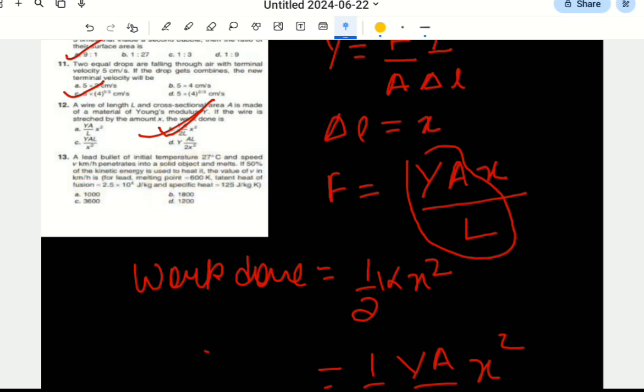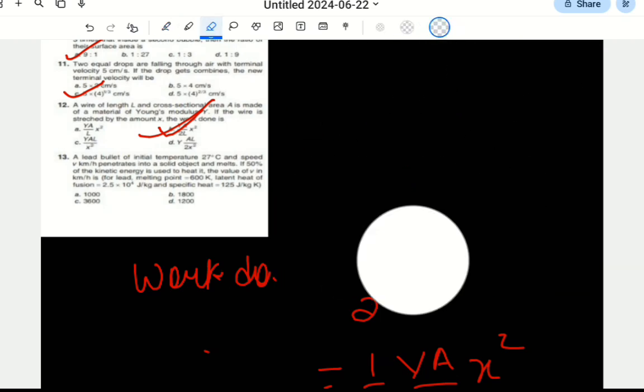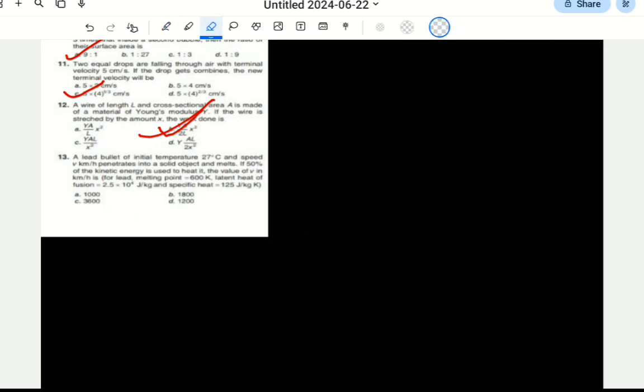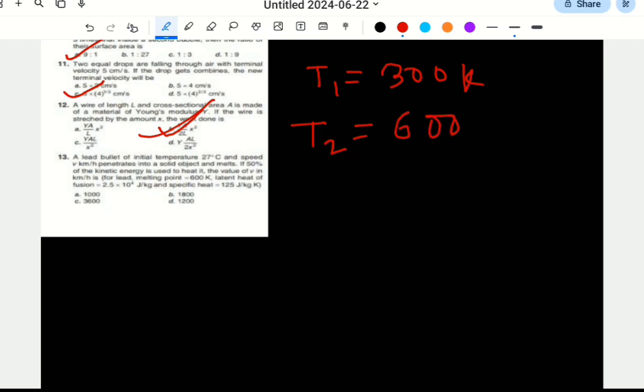Okay, so the melting point of lead is 600 Kelvin. Let's see what we can do. So the T1 temperature is 27 degree, which is 300 Kelvin. Okay, the final temperature it will be having is 600 Kelvin. Latent heat of fusion is 2.5 into 10 to the power 5, and specific heat